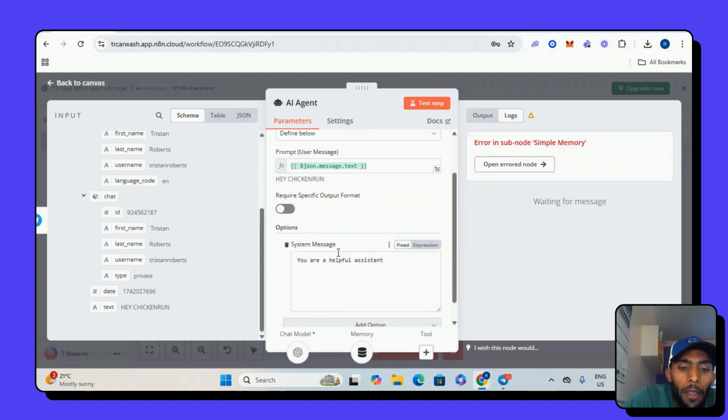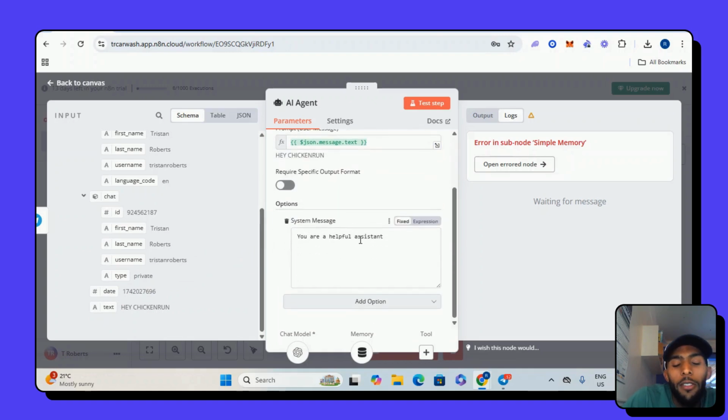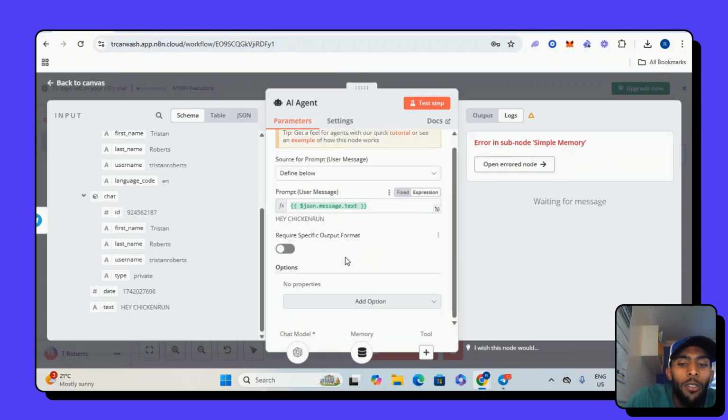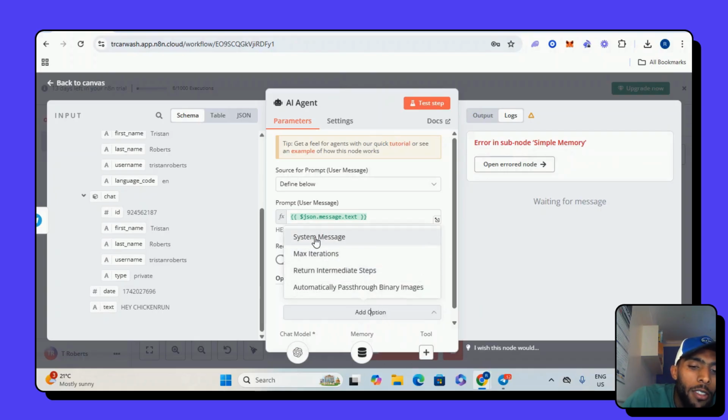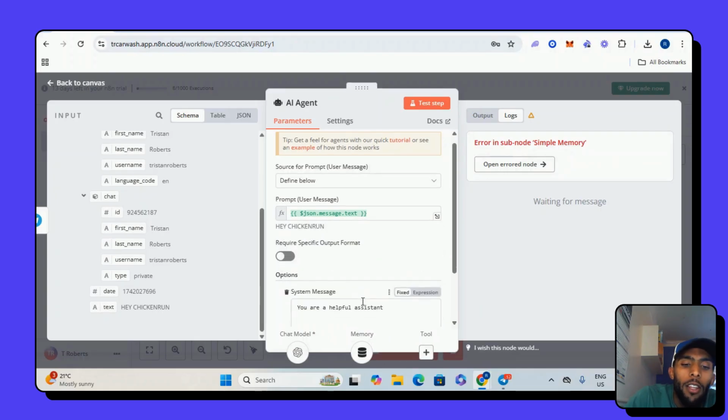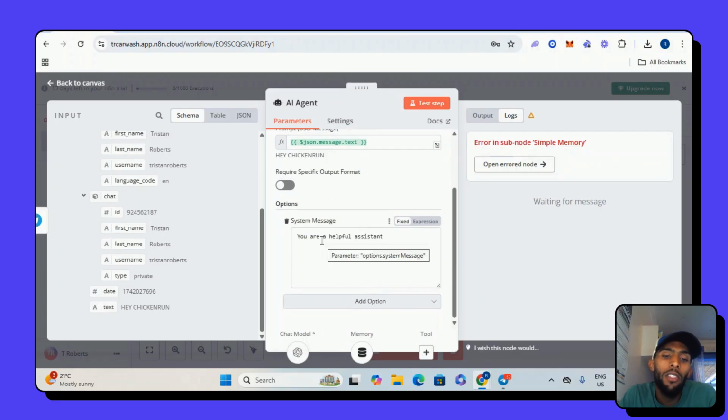Then the system message. This is very important. For those who don't have that automatically, you'll see add options. Click add options and go to system message. Basically this is you giving your AI agent a command. So this says "you are a helpful agent".